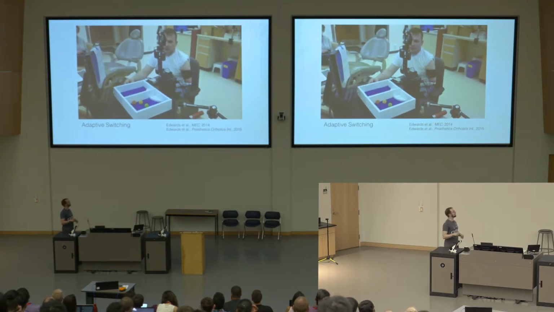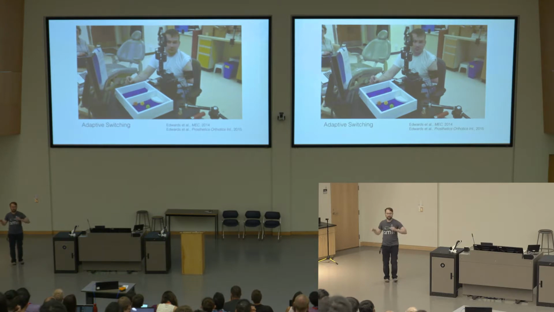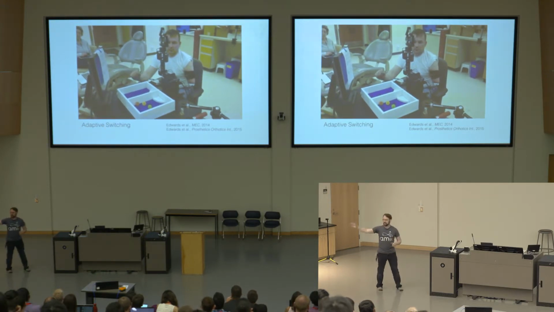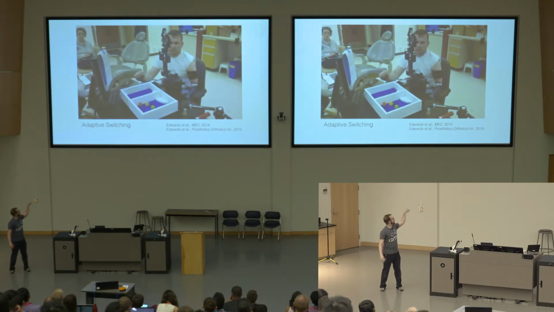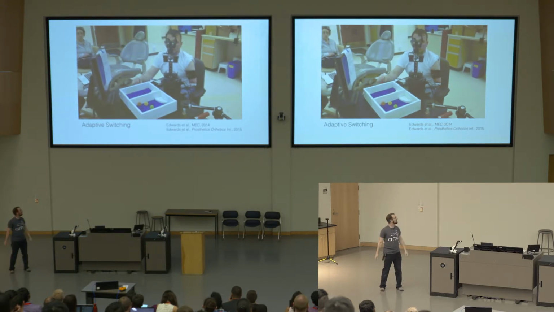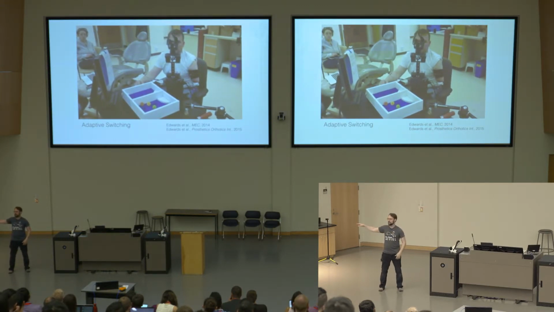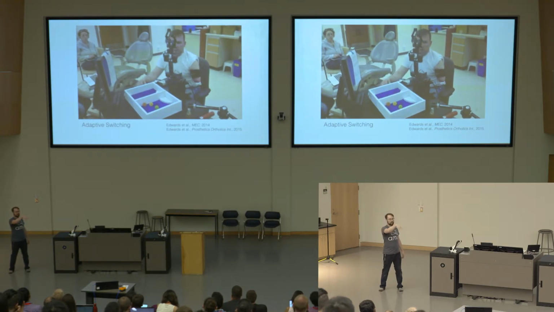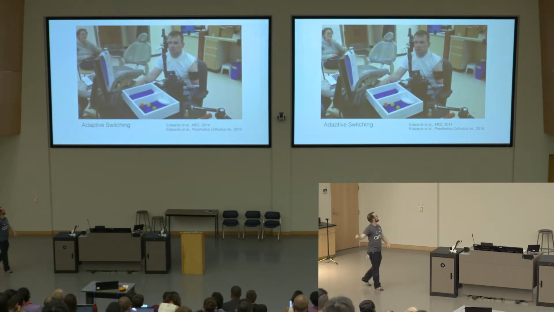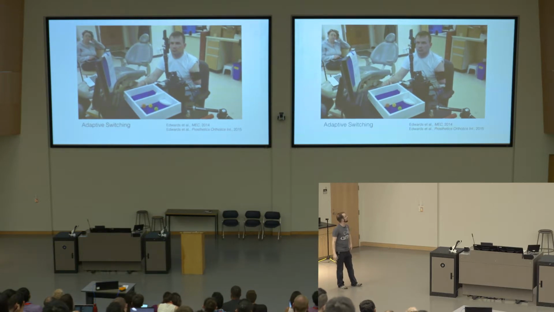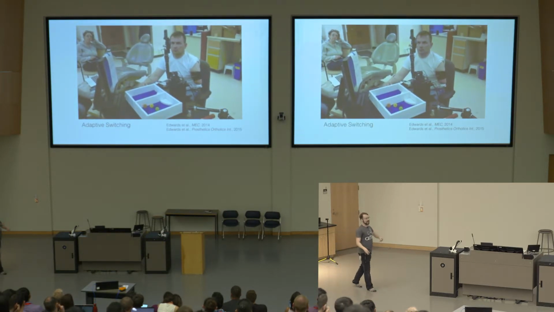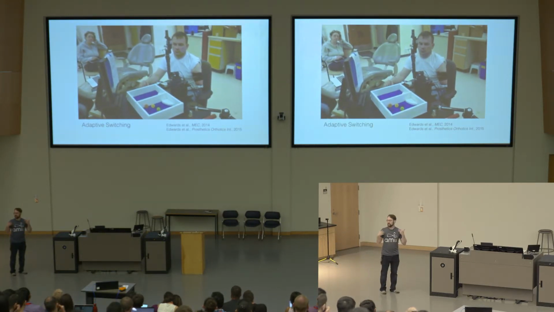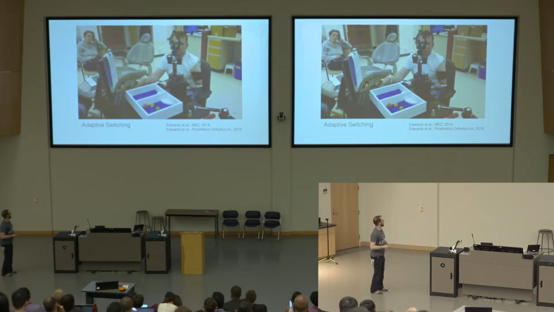So one of the examples, this is a video from our lab with one of our subjects with amputation who came in. And he was looking at a really simple task. He's switching between modes and functions with his right arm. You can see him flicking his arm. He's moving this robot arm back and forth to do a really, really simple task. On one side of the space, he's going to try and wave the wrist. On the other, he's going to try and, I think, open and close the hand, if I remember correctly. Yeah, there we go. And so to do that task, he has to also switch his voluntary control between the